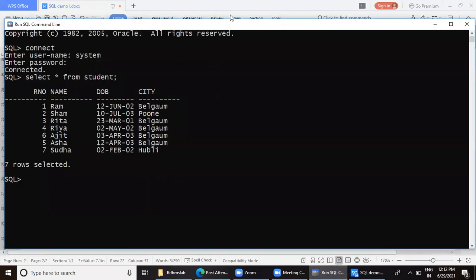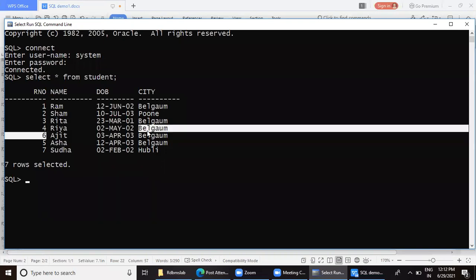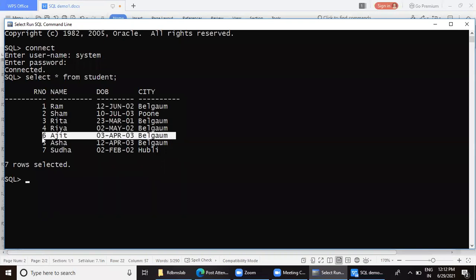Is the screen visible, students? Yes, ma'am. So I have already displayed all the records for your reference. The records are from 1 to 7. Now I want to display only those whose roll number lies between 2 to 5. Although 6 appears above 5 here, let's see how Oracle searches as per our criteria and excludes that. So how to use the between operator.